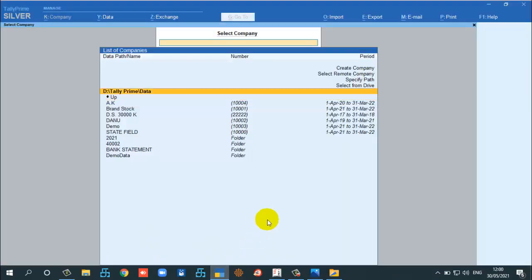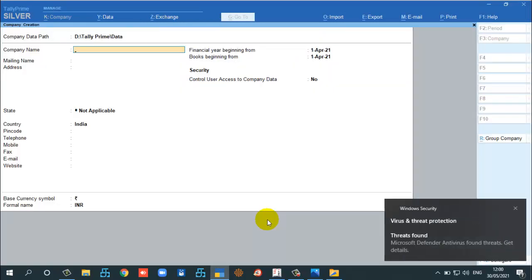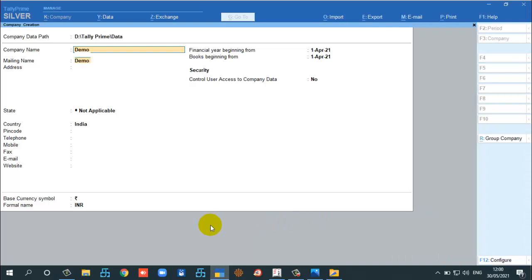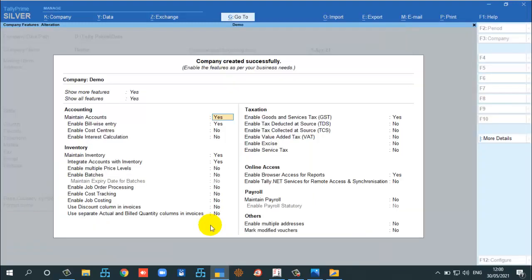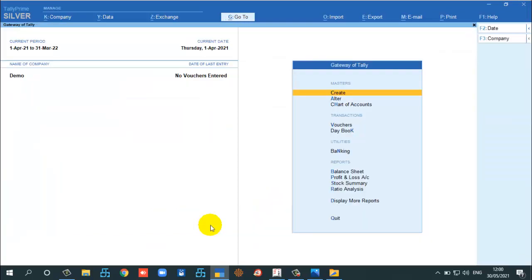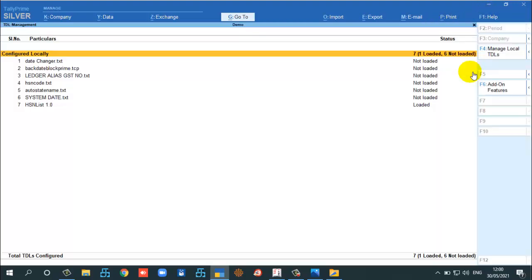Just I am creating a company, and I have already loaded the TDL. I will show where it should be loaded. Here we can go to F1, TDL.